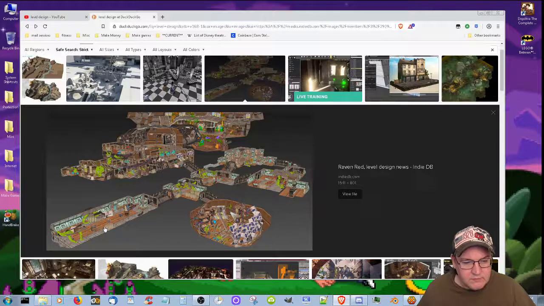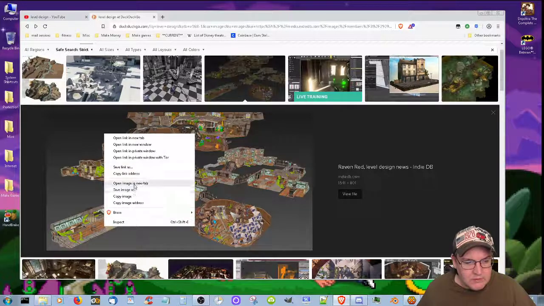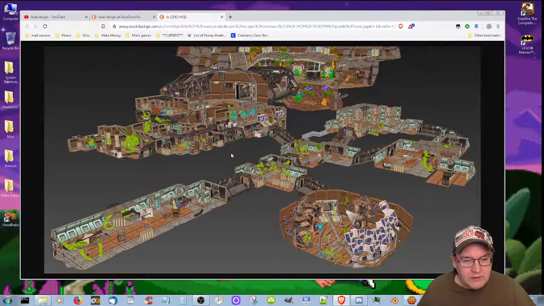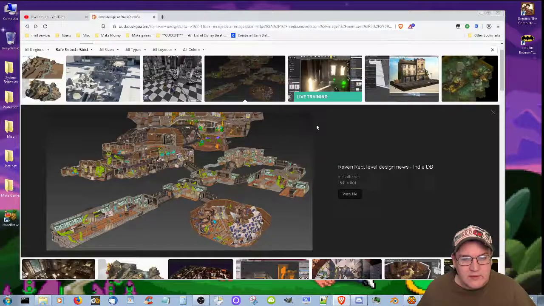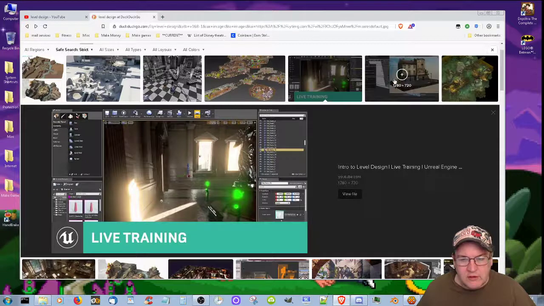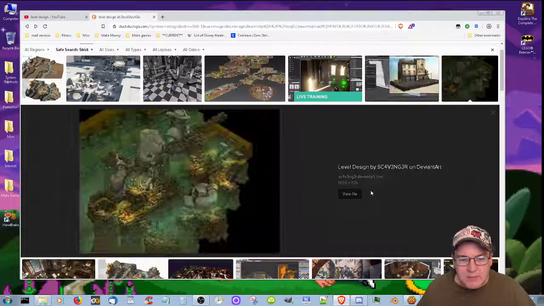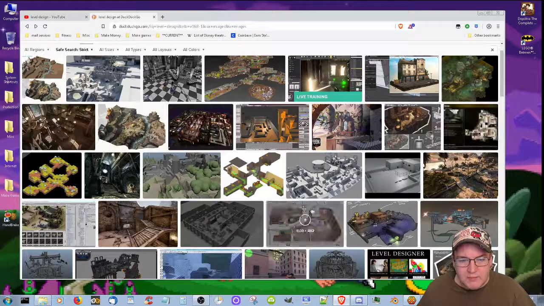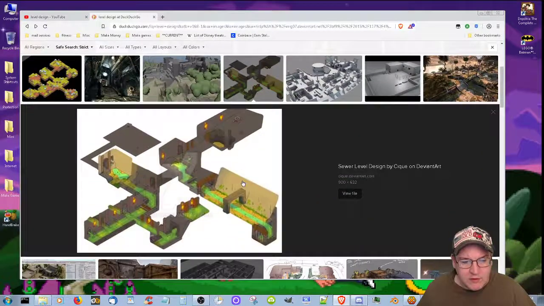Let's see if I can open the image in a new tab here. Let's get the full size here. But if you notice over here, there's these panels, and there's floor tiles, and there's these parts, and this is somebody's level design. So they have various modules, various parts, and in the old days,